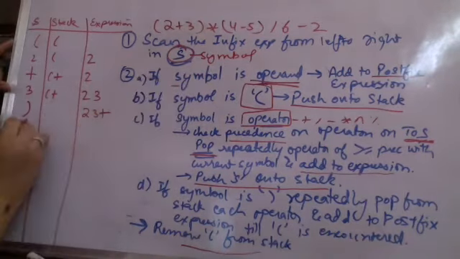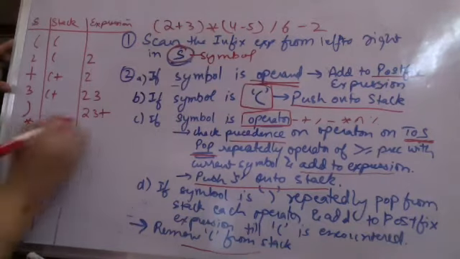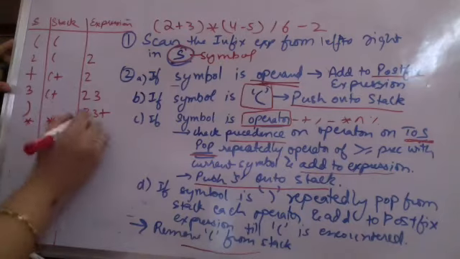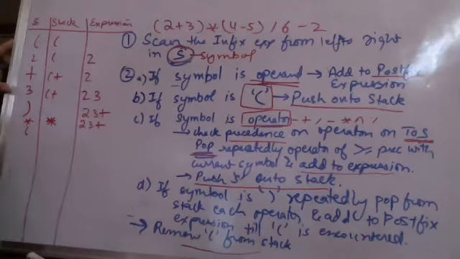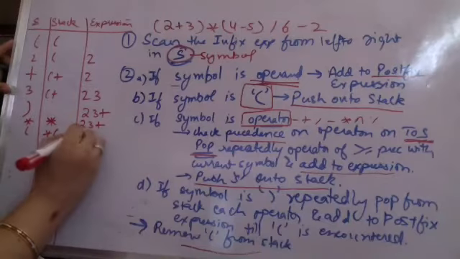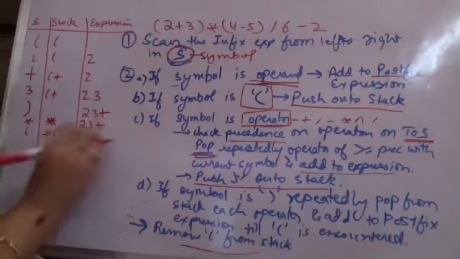Next symbol is a multiply. When you get multiply, push it onto the stack. The stack is empty, so precedence need not be checked. Next is an opening parenthesis. Again push it onto the stack. Now you are pushing on the top. Nothing was pushed before it, it is pushed after. You have to push on the top of the stack only.